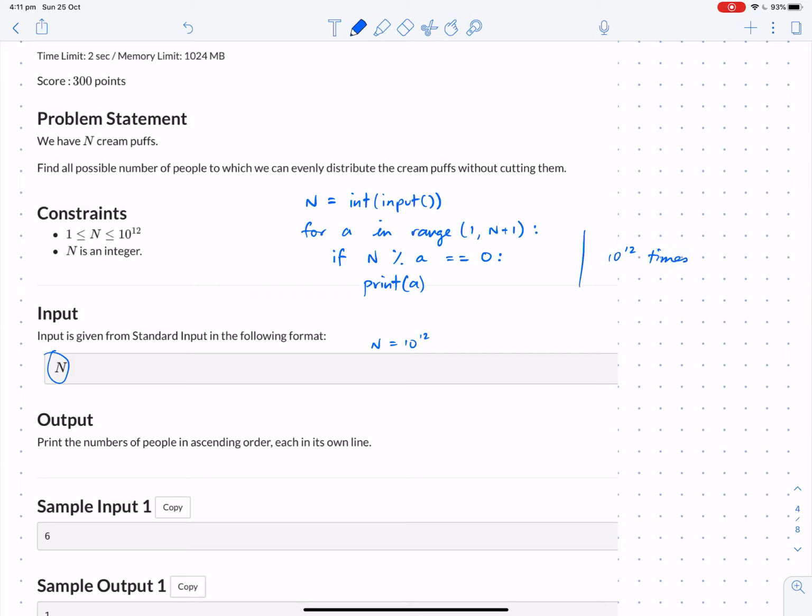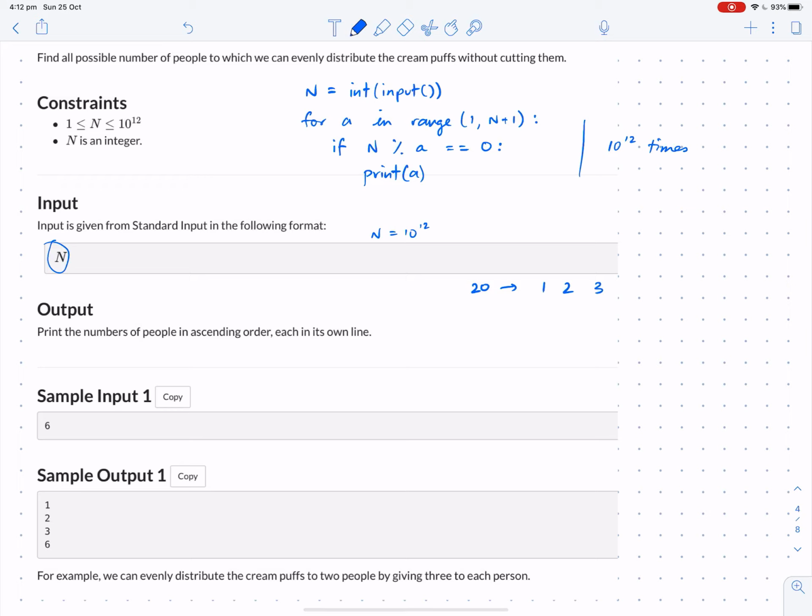So anyway, think of a number like 20. So the answer is 1, 2, 3, no, not 3, 1, 2, 4, 5, 10, and 20. And you'll notice that there's a big gulf here, right? We only need to go up to the halfway point because there's no point asking about 11, 12 and all that. They're too big. So we could have another approach,